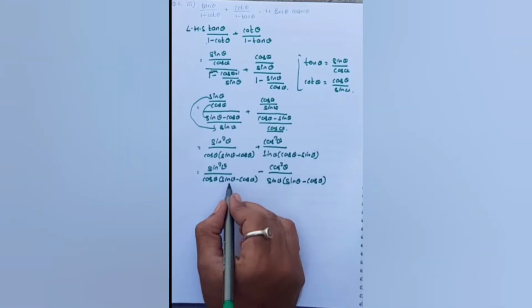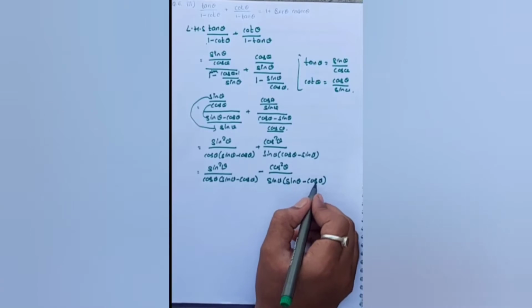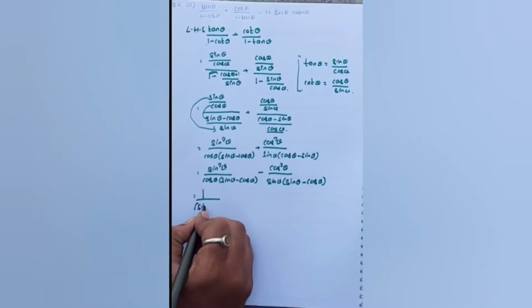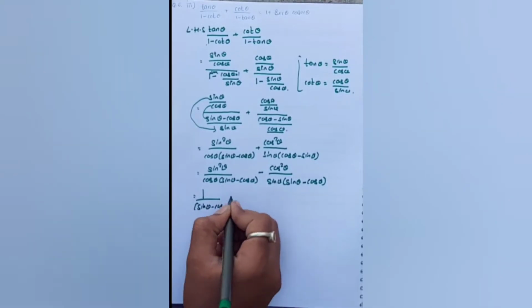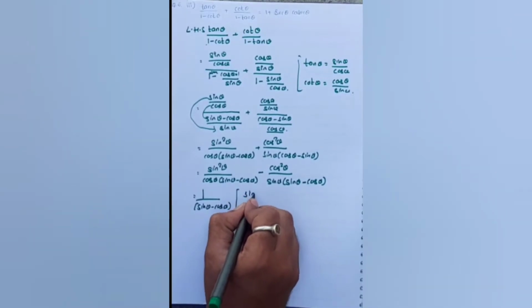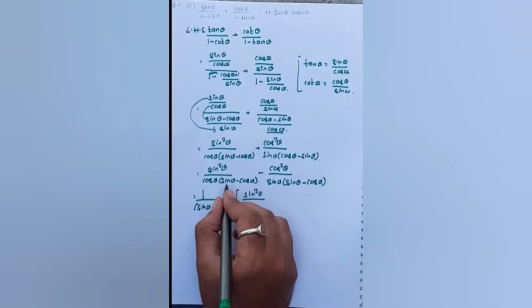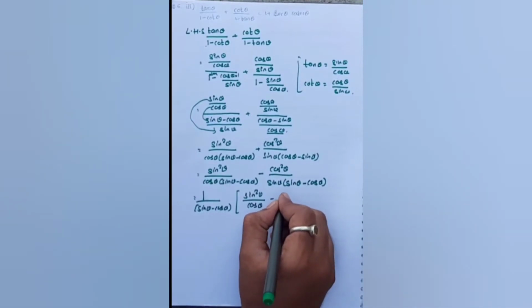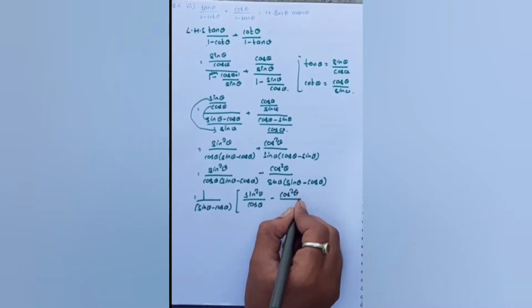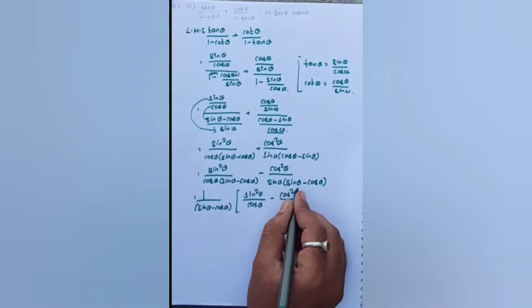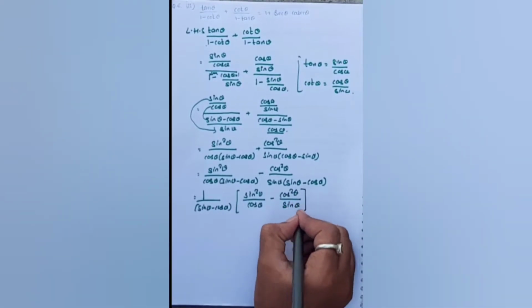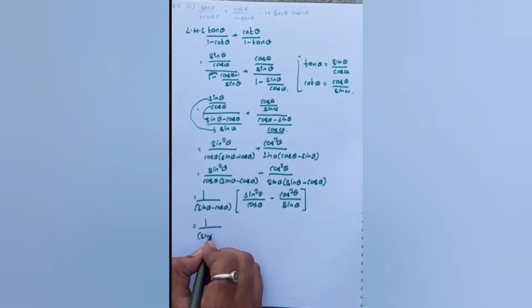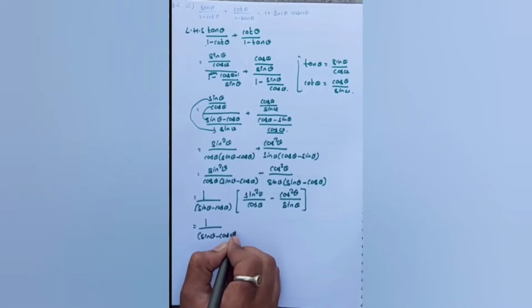So now observe here sin theta cos theta, and here also sin theta cos theta, take outside. Take outside sin theta minus cos theta, and the remaining terms: sin square theta, this sin square theta divided by here sin theta minus cos theta outside, remaining cos theta, and minus cos square theta as it is. So this divided by sin theta minus cos theta outside, right? So now 1 divided by sin theta minus cos theta as it is.